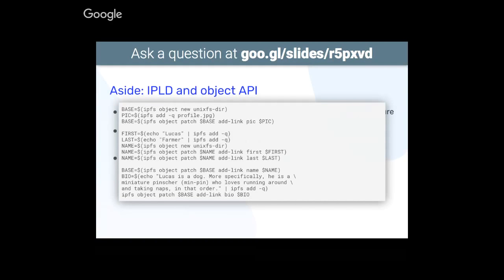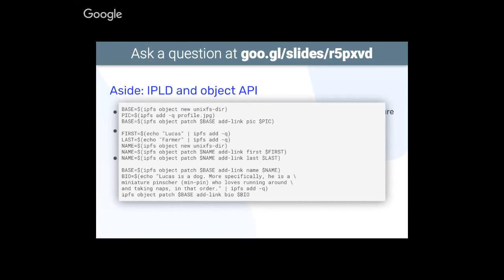And then we'll update the base variable by going IPFS object patch the existing base CID, and we'll add a link, which we call pic, which links to the pic CID. So essentially what we're doing is we're adding an IPLD link to the IPLD empty directory,